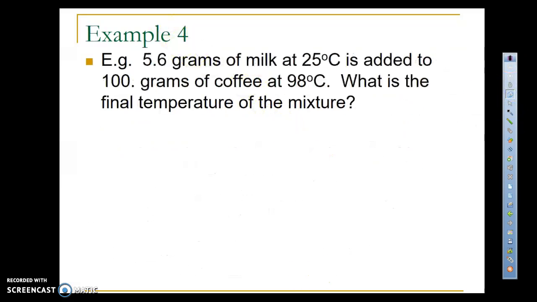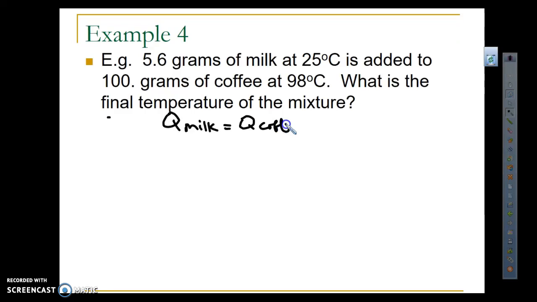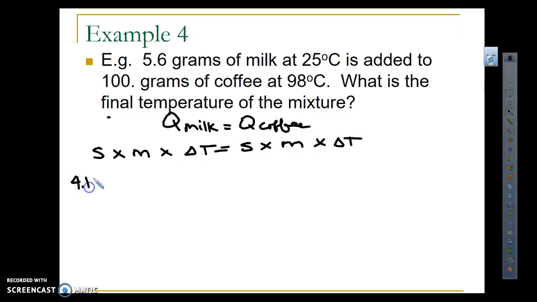All right, the next thing you want to do is realize that if I have two things and I don't know the final temperature, that gets a little bit tricky. I am going to make an assumption here that both the coffee and the creamer are going to have a heat capacity very close to water. So I'm going to put in a heat capacity for coffee and milk at 4.184 on both sides. The milk's mass is 5.6. And the thing here that you want to do is you don't know what the final temperature is. It's certainly going to be hotter than the 25, so it's super important to put T minus 25.